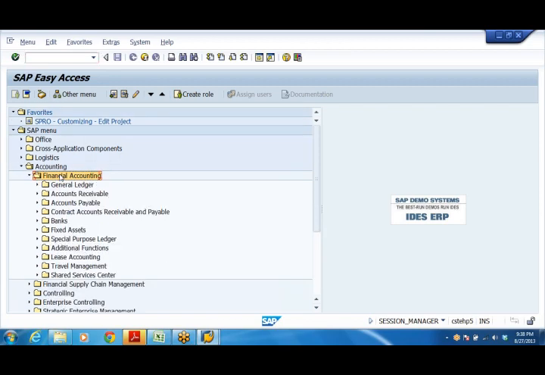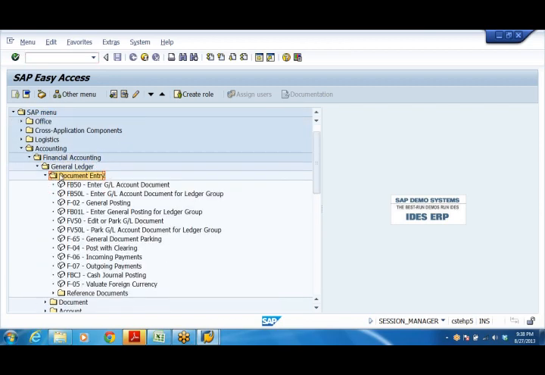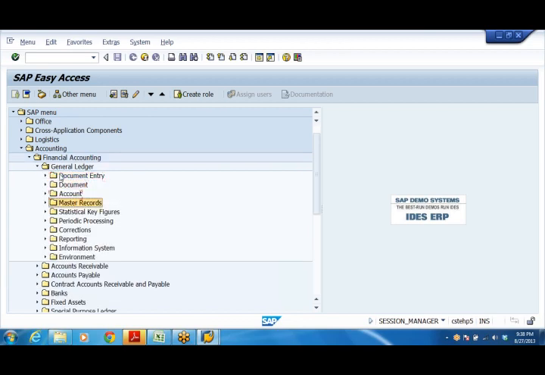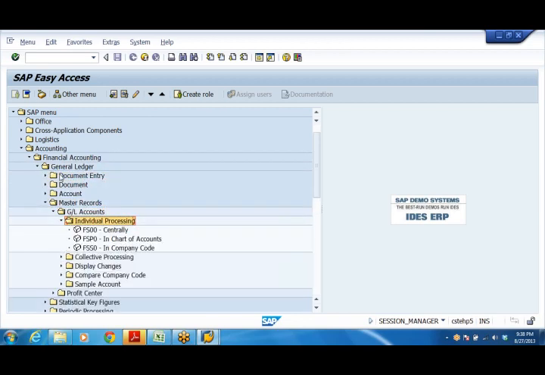Right, for posting of accounting entries. So yesterday we created the GL accounts. Here master record, GL account, individual processing, FS00 centrally.